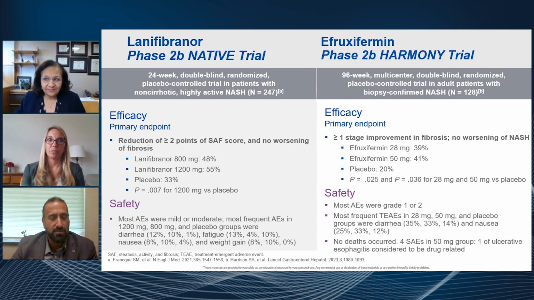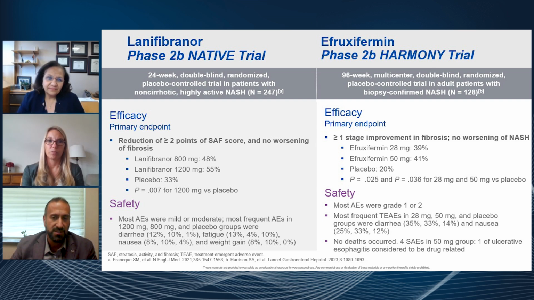This was studied in a phase 2b in a trial called the Harmony trial. Patients were randomized to receive 2 doses of efruxifermin, 28 milligram weekly injection, 50 milligram weekly injection, versus placebo. Patients had biopsy at baseline, biopsy after 24 weeks, so just 6 months of treatment, and then a biopsy at 96 weeks. And what we're showing you here is the data from the 24-week liver biopsy. The endpoint was improvement in fibrosis by 1 stage, and this was a very robust efficacy endpoint for efruxifermin, because fibrosis regression happened in 40% of patients treated for only 6 months versus 20% in the placebo arm,